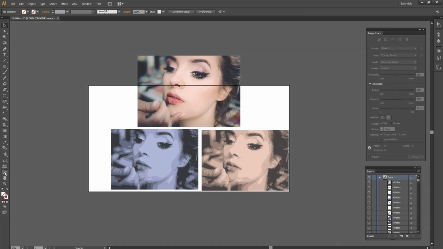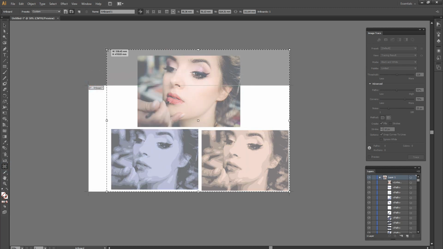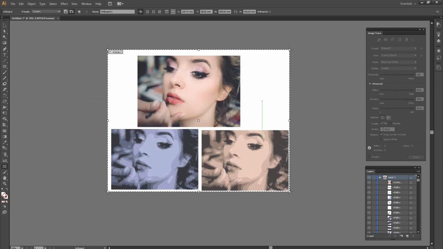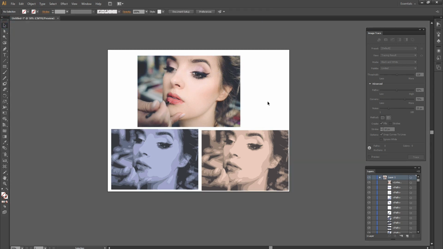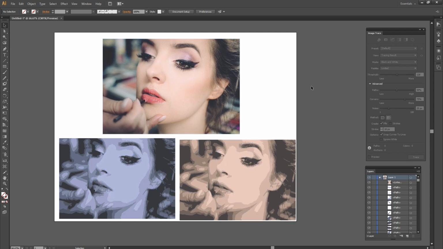This is our original image. Increase the artwork size. Now look, these are the two edited images. This is all about image trace, or changing a bitmap image into a vector image.